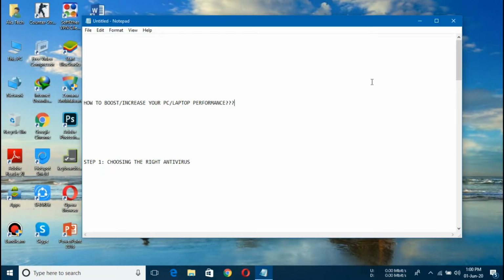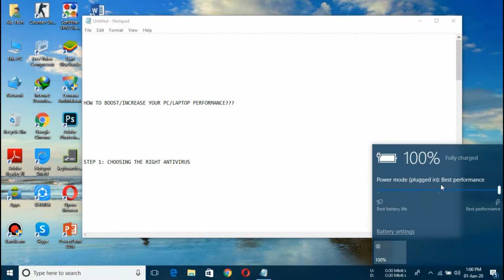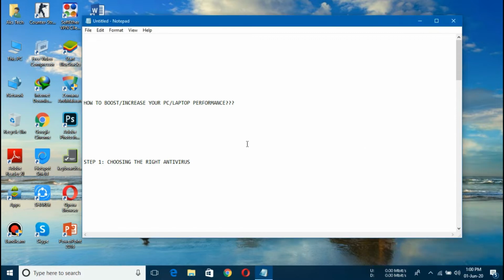First of all, if you are using a laptop, the biggest mistake we make is that we use our laptop on batteries, and on batteries power saving mode is on, which allows the PC to save battery and to extend battery life and duration of the laptop's working, due to which our laptop is laggy. So the first and most precious advice from my side to laptop users is to always use your laptop plugged in so that your PC is switched to best performance mode, and keep it in the middle when you are using the laptop on battery. So this is a normal advice for the laptop users.